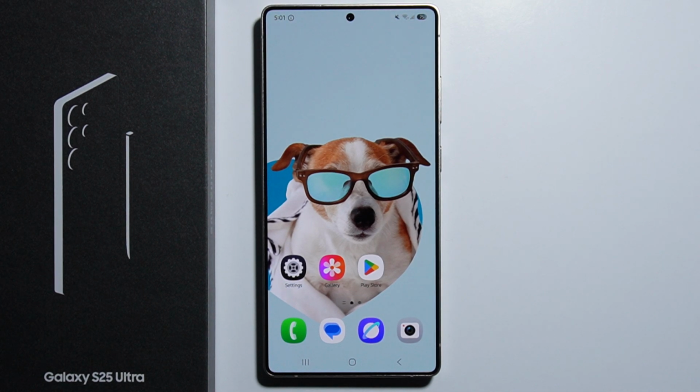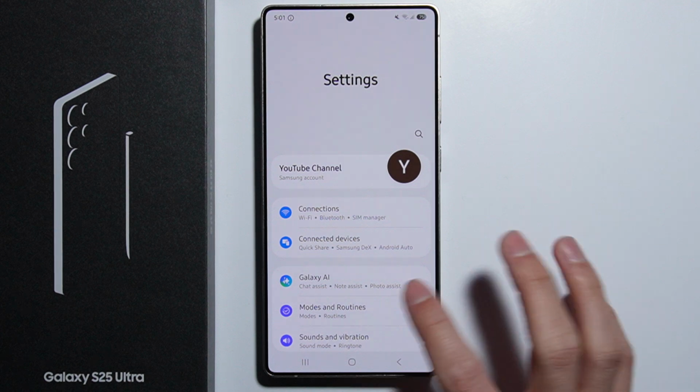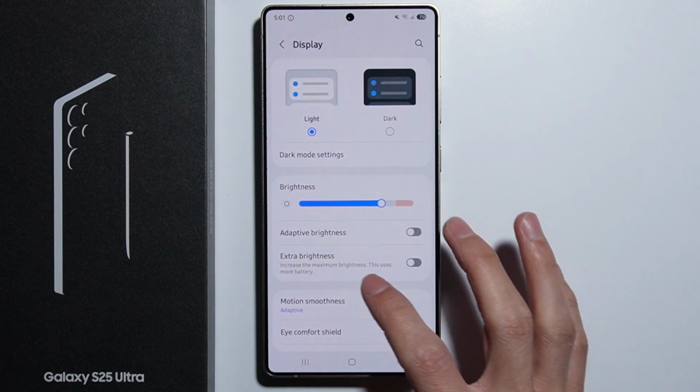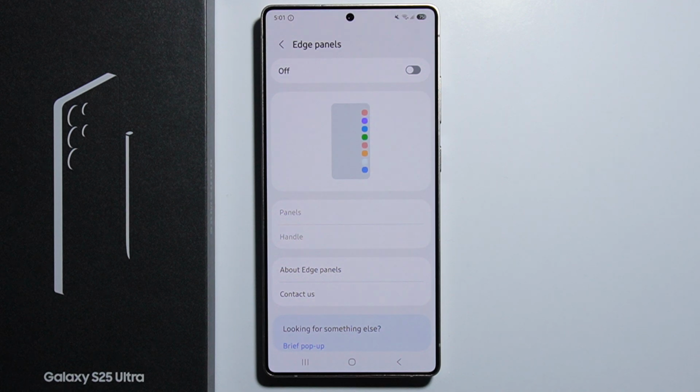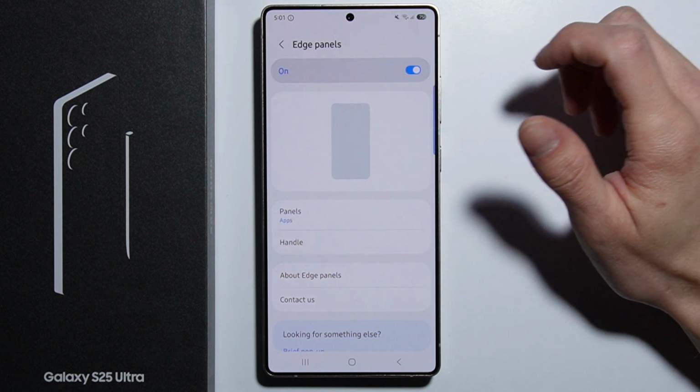Hello, to turn on or off Edge panel on Samsung Galaxy S25 Ultra, first of all you have to go into the settings. From here scroll down, go into display, and again scroll down until you find the Edge panels, as you can see. So let's go in here, and we simply have to switch to enable or disable this,